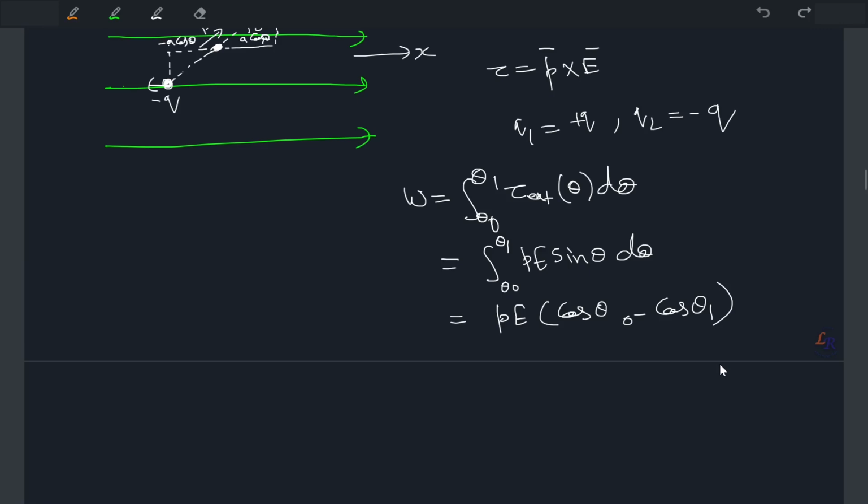So as we know, the work done by a system from one point to another always depends upon the initial and final position, and it doesn't depend upon the path, right? It also allows that you can add an arbitrary constant to the potential energy at a given point, and that doesn't change the potential difference between the two, right? So assuming that we are rotating that